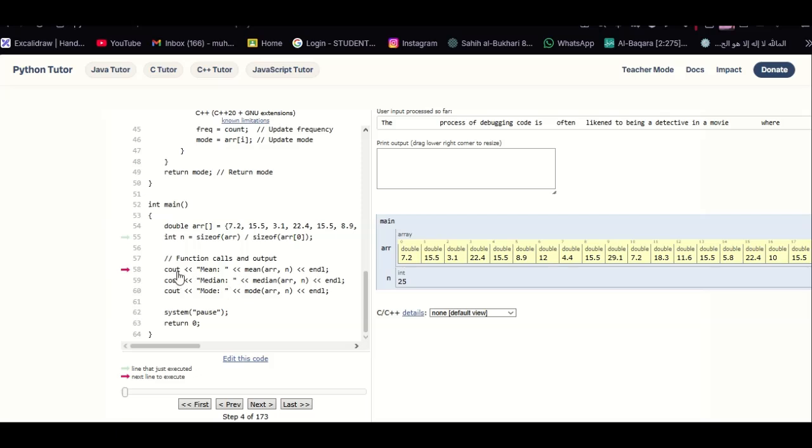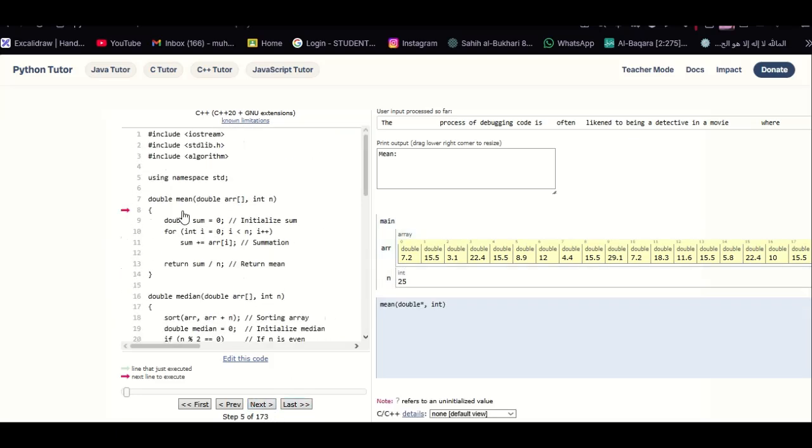First we print the mean, and we get the mean by calling the function mean, passing the array and the size of the array. So we go to the mean. It is returning a double. First we set sum equal to 0. We run a loop where I is equal to 0, the first element, it runs till the last element and I is incrementing by 1, and we just get the